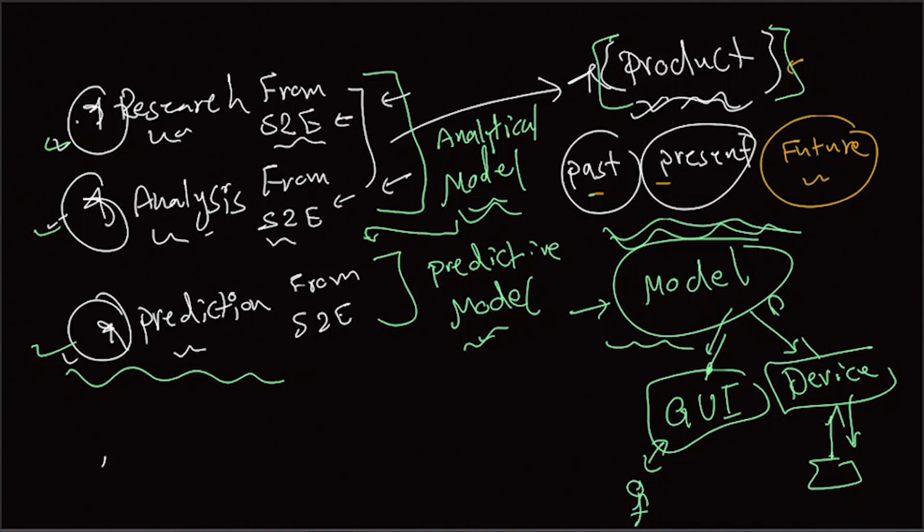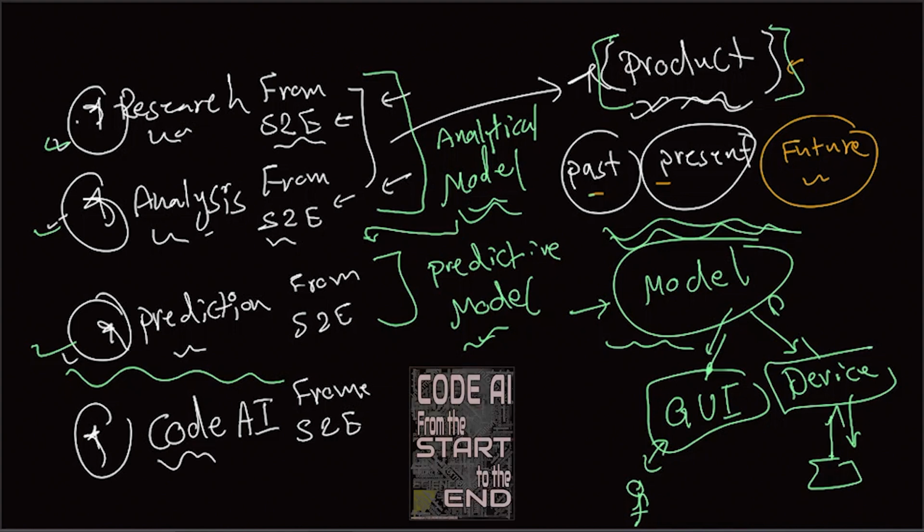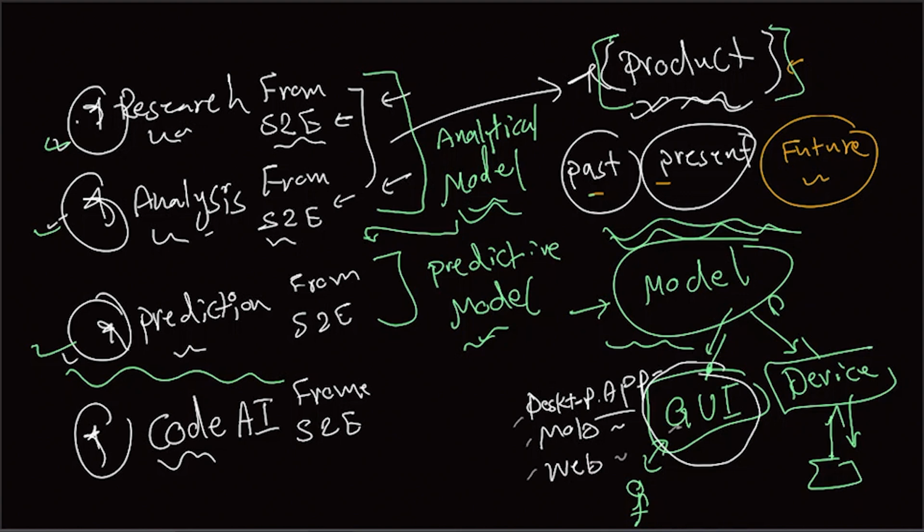And this is the fourth element of the Big Bang of Data Science, to understand how to code AI from the start again to the end. So the fourth element, code AI from the start to the end, is going to focus on turning that model into a sort of GUI product where the user can interact with it. And this GUI module is going to be in the form of maybe a desktop application. Well, it could have been a mobile application, if you like, or a website application as well. But in this particular book here, Code AI, I am presenting the solution as a desktop application. In this first edition, we're going to stop here.